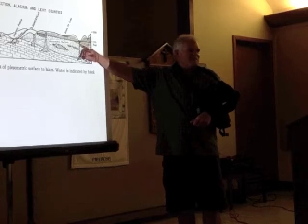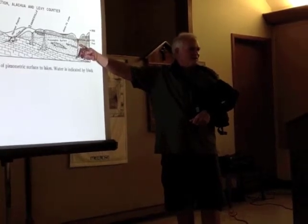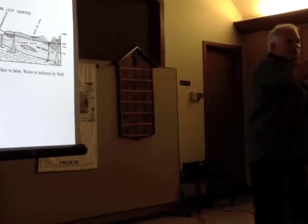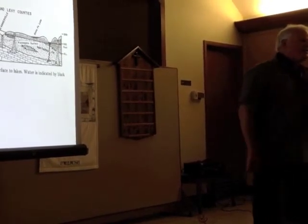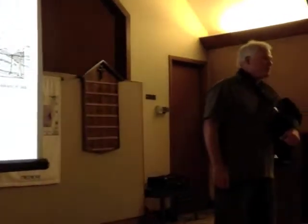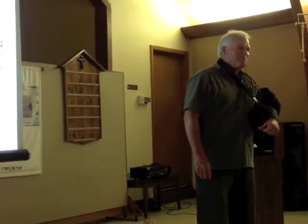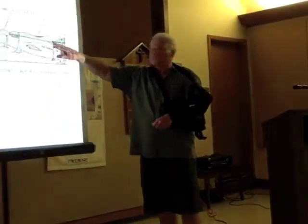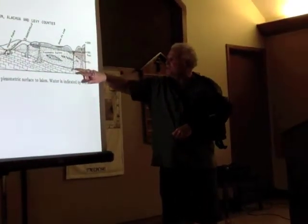How many people have been to Levy's Prairie? Now I'm talking about the one over, if you head, yes, down by the Boy Scout camp. Okay, that's a sinkhole. And that's a doozy of a sinkhole, right? And this is it. The fellow who wrote this paper studied this one in particular because it's got a connection